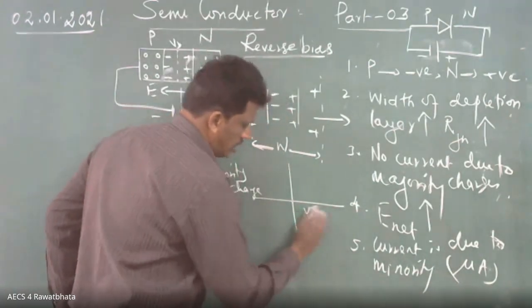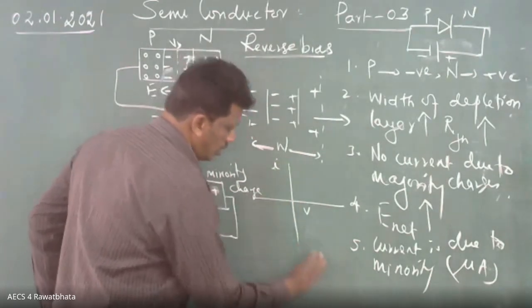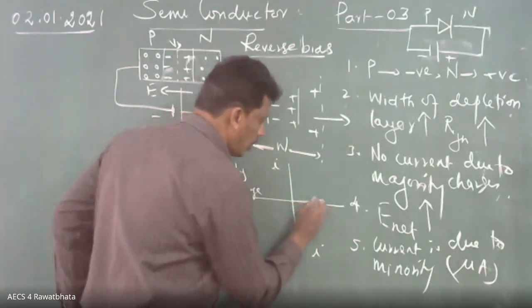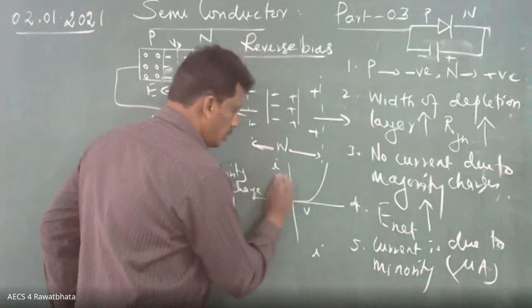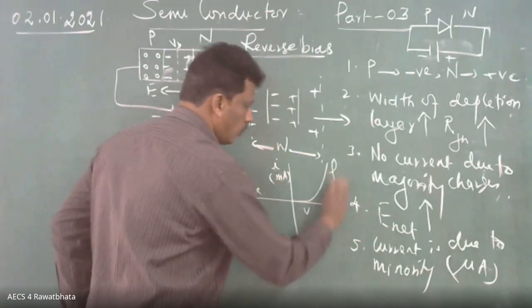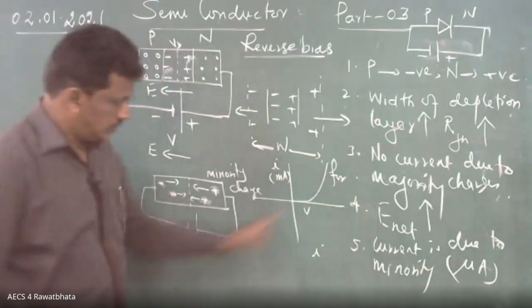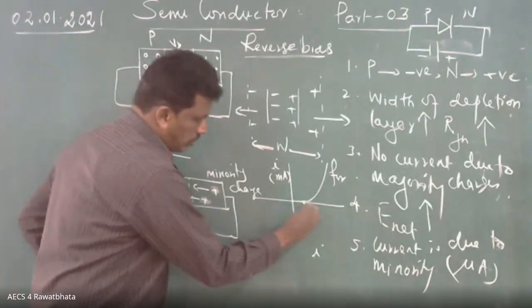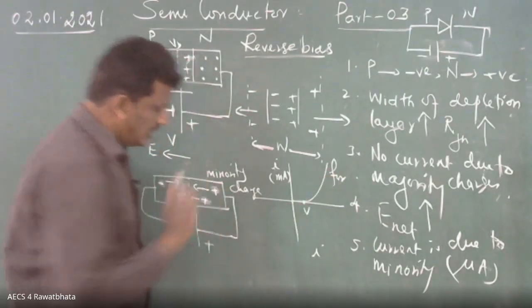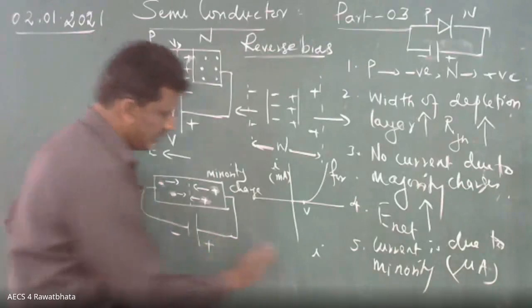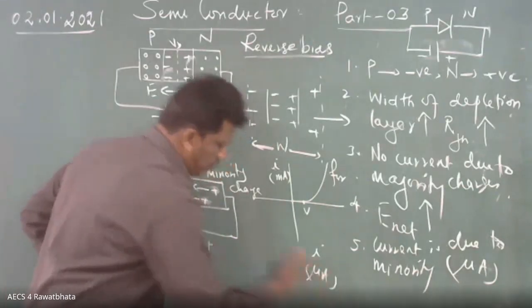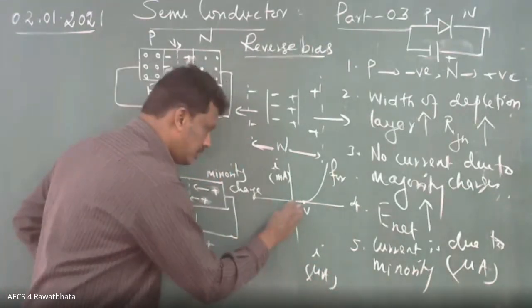So here V, here I, here also. Here what will happen? You got like that. Here this is in milliampere. This is forward bias. You got it, no? Up to a certain voltage, no current, then it rises. In this case, what happened? Reverse bias, current is in microampere. So here you see,